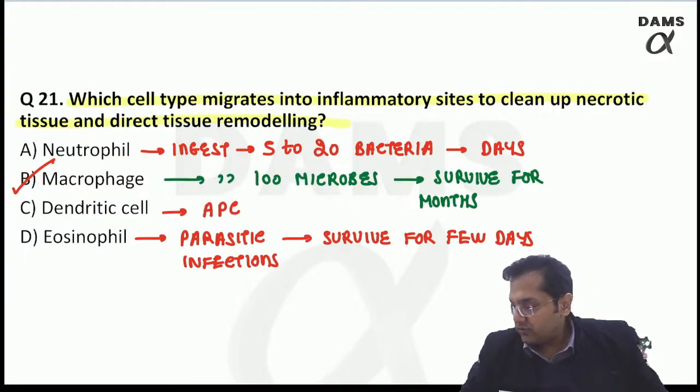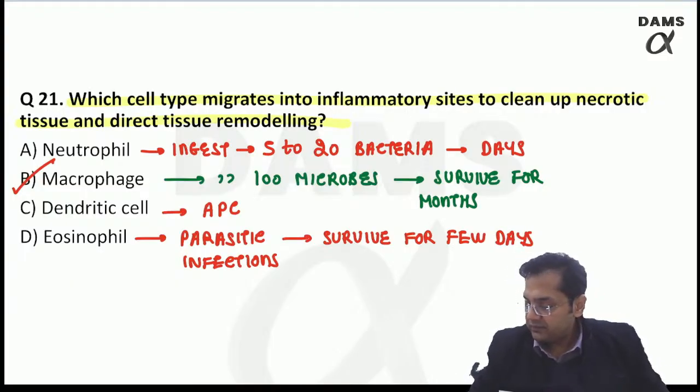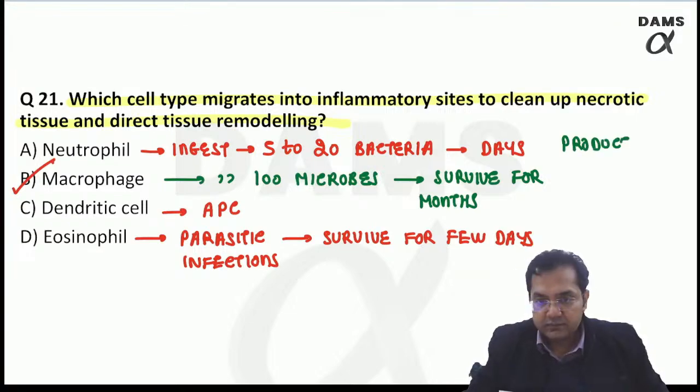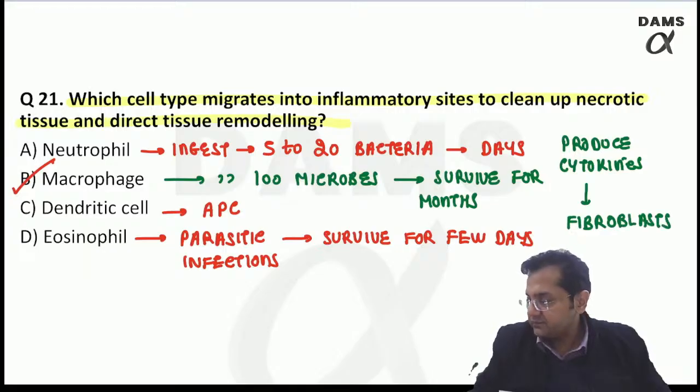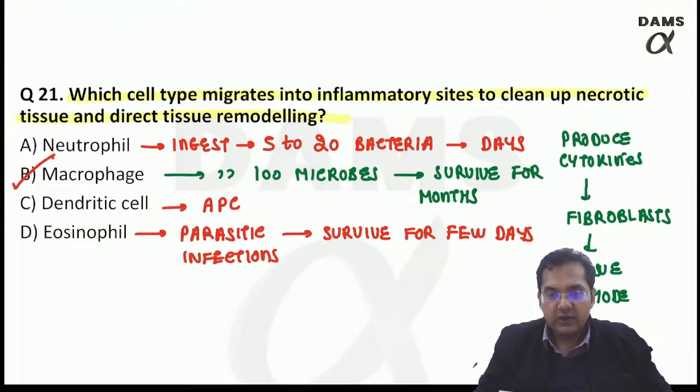They also produce, macrophages, they produce cytokines. Cytokines can cause stimulation of fibroblast, thereby causing tissue remodeling, right? Tissue